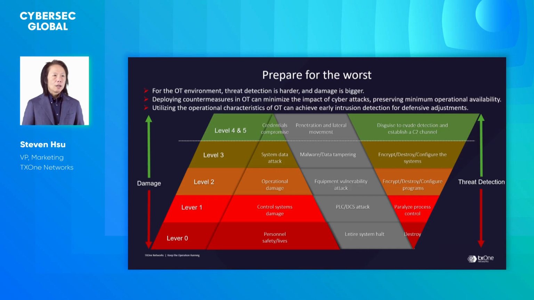Here is the Purdue reference architecture. You can see that at this moment, when we talk about cybersecurity, it's more focused on level 4 and 5. It's all about credential compromise. As we explained, they will try to infiltrate at this level and try to create the C2 channel for phone home. But from level 3, level 2, level 1, and level 0, some of the solutions